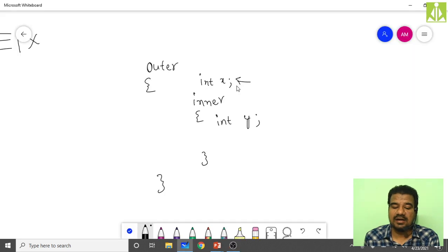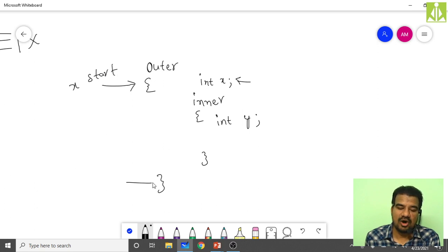And where will it end? Because the variable x is inside the outer block, where the outer block is closing, at that point the x variable will be destroyed, and the lifetime of x will end.